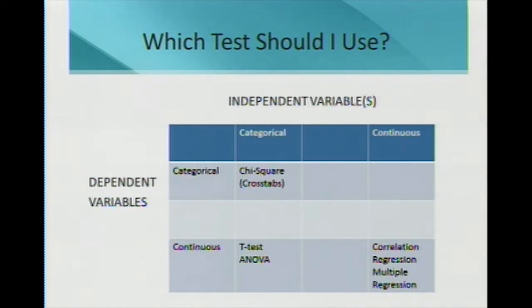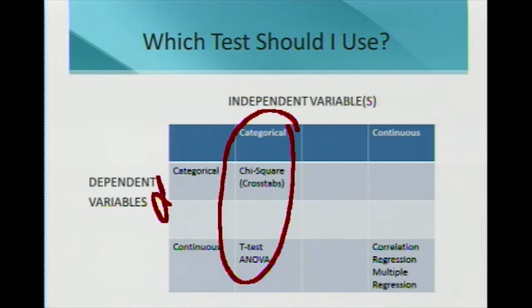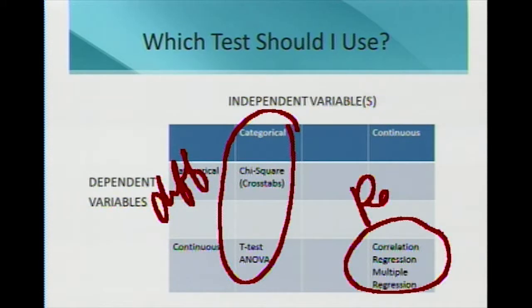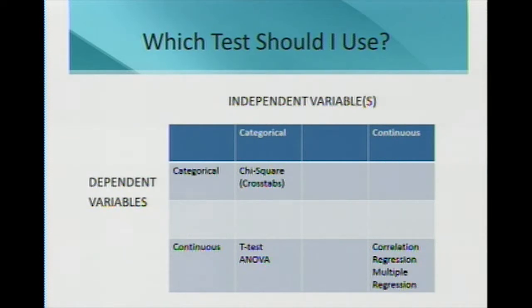Now, as we see this, of course, we want to remind ourselves these are the difference tests, right? And these are the relationship tests. And so as we note that, then we're able to distinguish the three difference tests and then there's three relationship tests. And so we'll take a look now into regression and into multiple regression that requires continuous data.